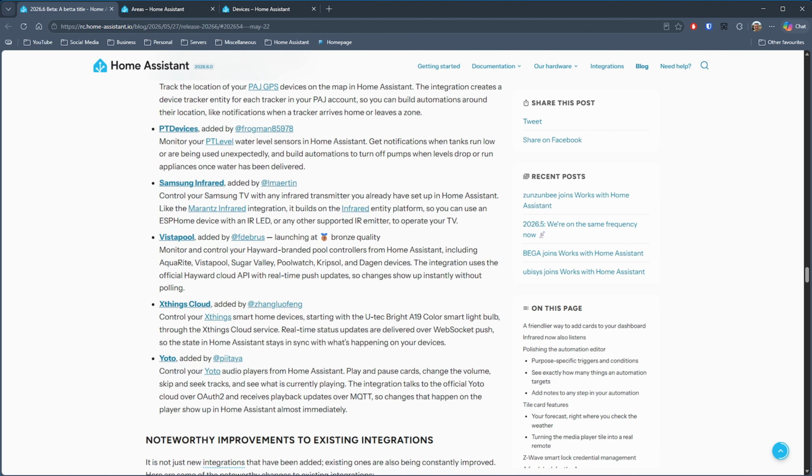Finally, we have a new Yoto integration which will give you the ability to control your Yoto audio players from within Home Assistant via the official cloud, with updates coming back via MQTT for nice quick updates back into Home Assistant. Those then are the new integrations in this release, but as always, we've got quite a few